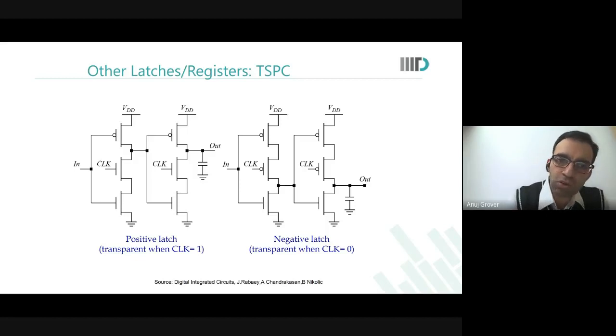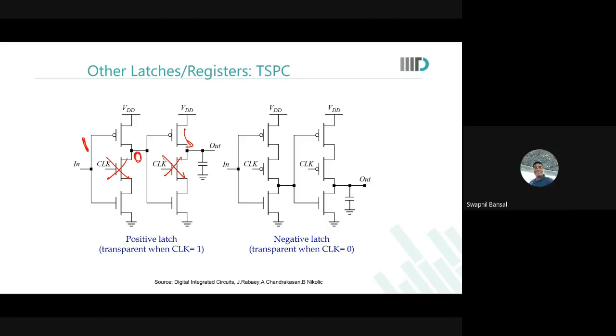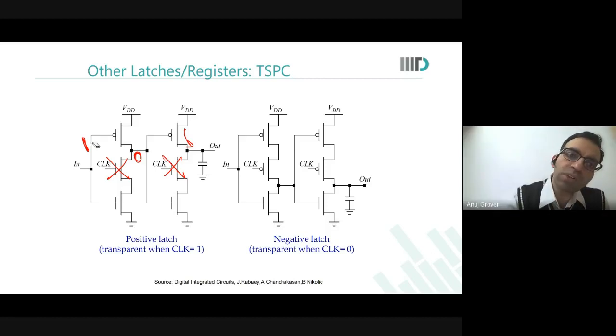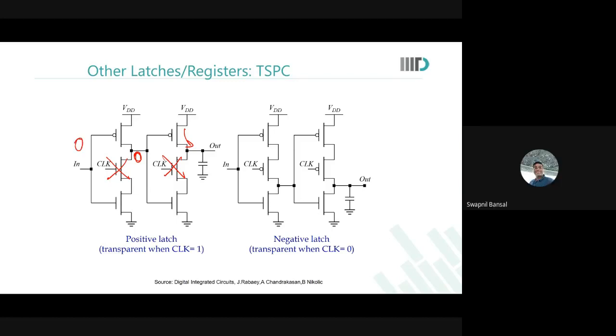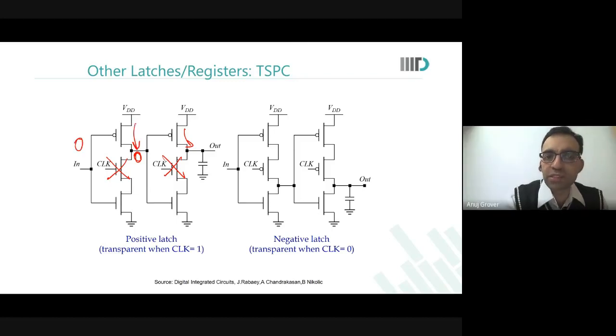So over here, when the clock goes low, this would go off, this would go off. Okay. So let us say my input was 1. It means this had been 0. Input was 1. Okay, this remains 0. This PMOS is on. This will continue to charge out. So let us say now that input goes to 0. So this PMOS will now charge this. So this becomes 1, but there is nothing to discharge the PMOS. So this out will continue to remain at the initial value.